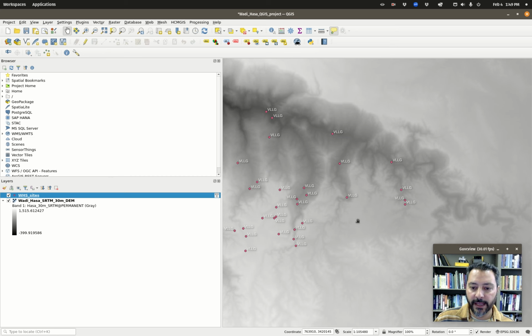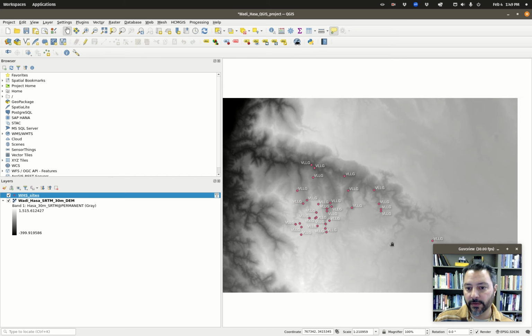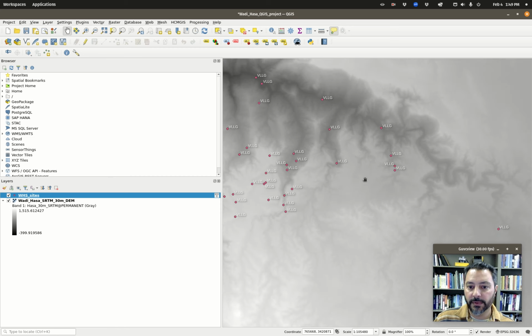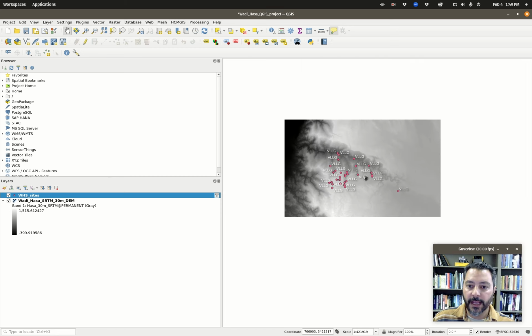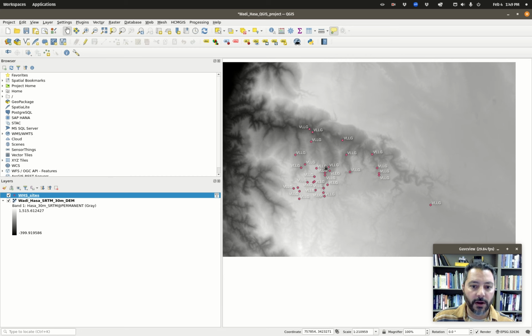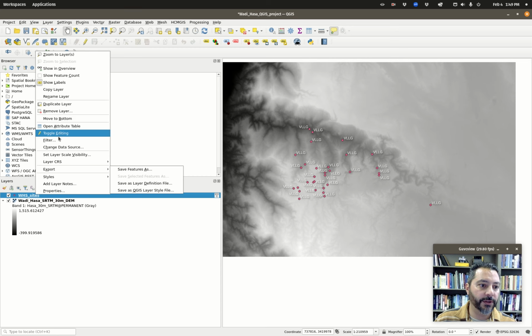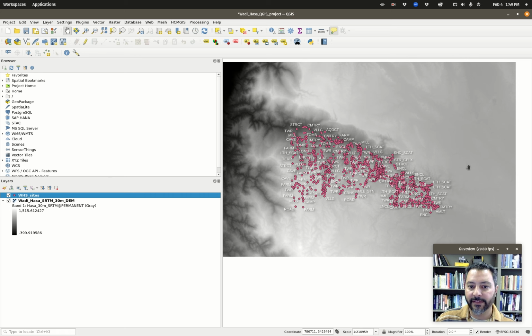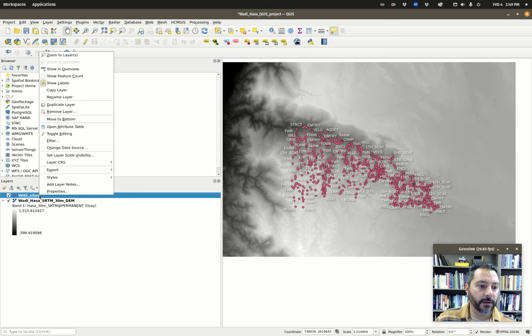This very simple query here is going to do it. So if we click OK, what we can see now is that all of our sites, the big diversity of sites, are removed, and the only ones that are left visible are VLLG. Now, they have not been deleted. If I want to undo the filter, I can basically copy that up and hit my delete key, and then we go back to everything, right? But for now, we're going to filter them